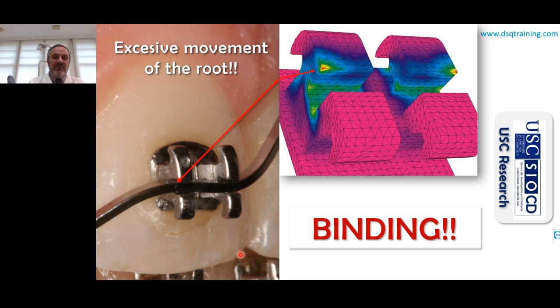When you try to introduce rectangular superelastic wires in a conventional bracket, according to our research at the University of Santiago de Compostela in Spain, you can see by means of the finite element method the excessive movement of the